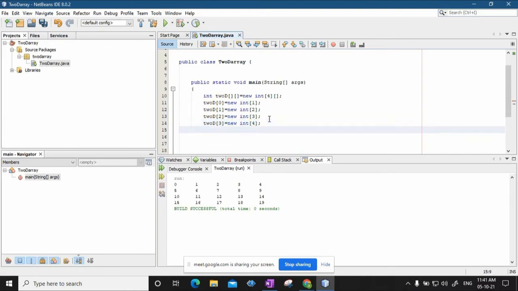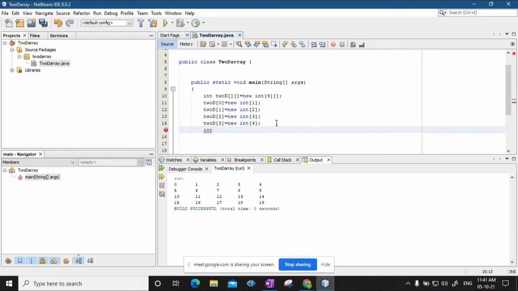Okay, and so altogether how many? 1, 2, 3, 4. 4 elements. Okay, 4 by 4. And another element also we can give, or let's say 4 elements only. Okay. Now again I will do the same thing.